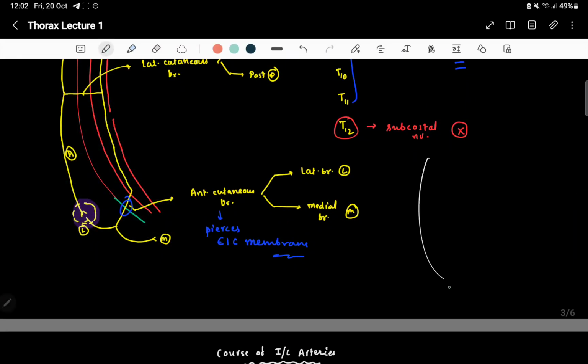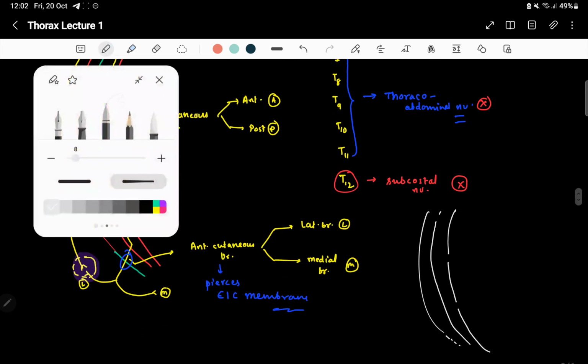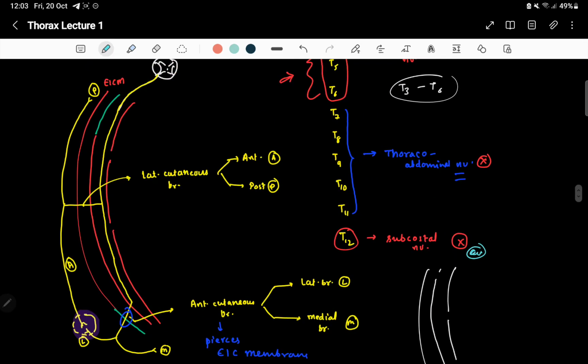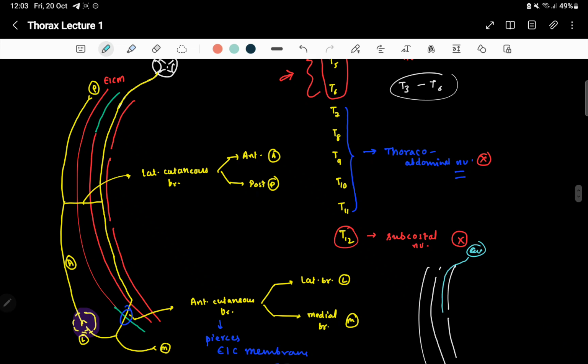Okay, this is the membrane here. I'm making it dotted. Here is the membrane muscle, and these are those three muscles here. Okay, so if I want to draw the course of the nerve, this is your spinal cord. The nerve will go like this, will come like this,